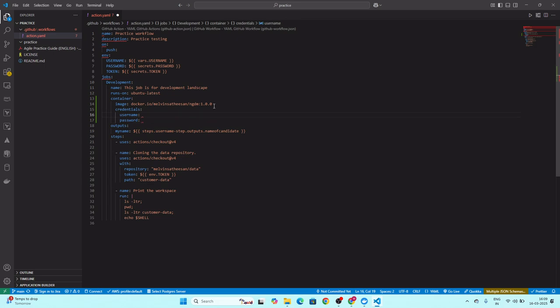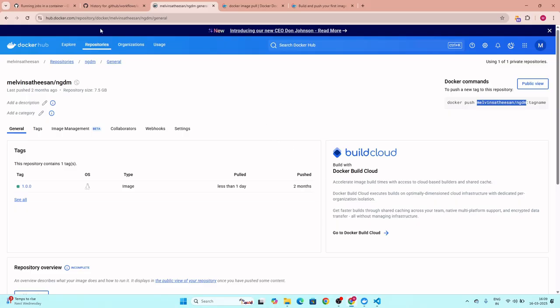Now the username is going to be, I have already defined my GitHub credentials in the secrets, so we don't need to separately do anything, and we don't need to hard code it here. So we can fetch it from the GitHub secrets. So that would be secrets, and then the password basically. Let's look at the parameter